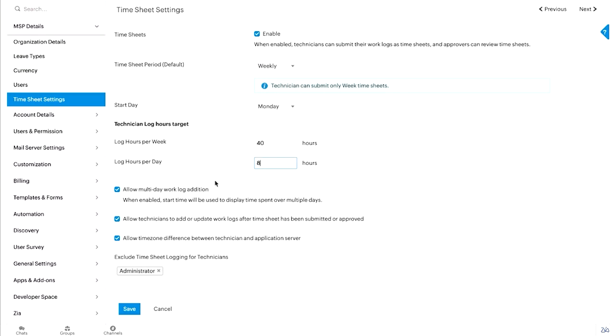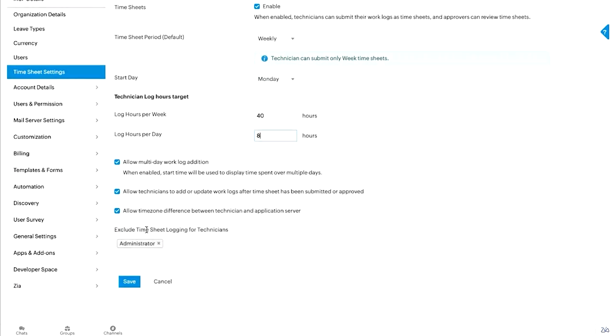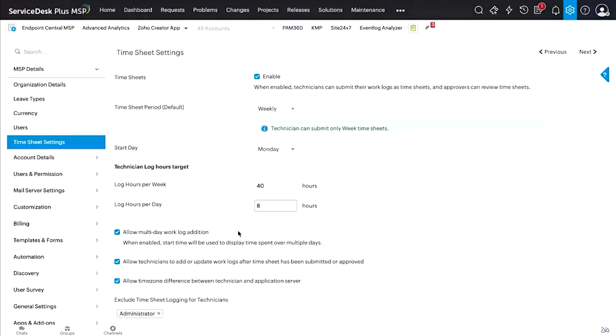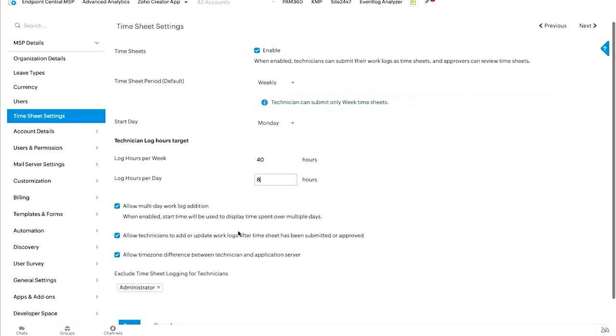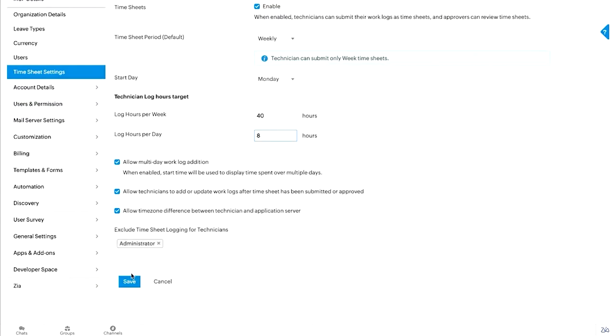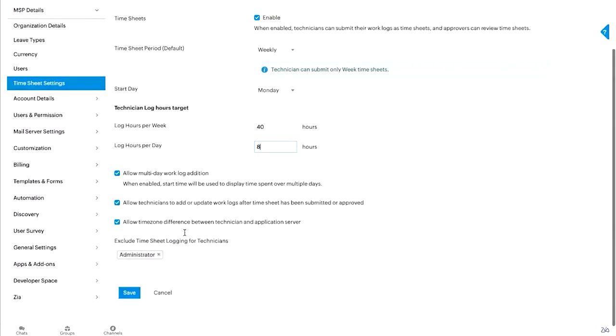And further, you can exclude certain technicians such as IT admin, so that those technicians do not have to fill these timesheets, right? They come out of the bounds of these timesheets. Now once you have set up this setting, you'll be able to click on save and go to the timesheets